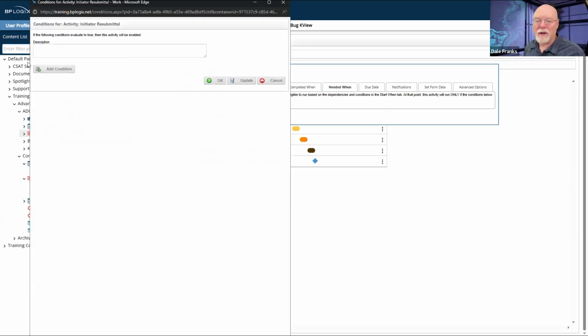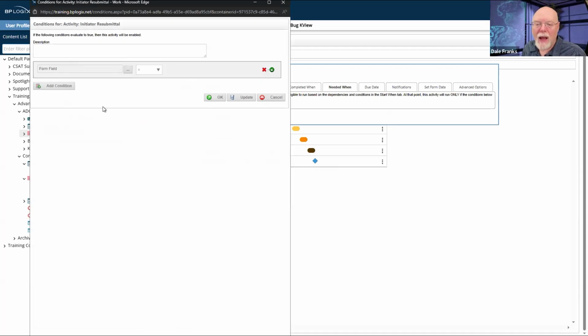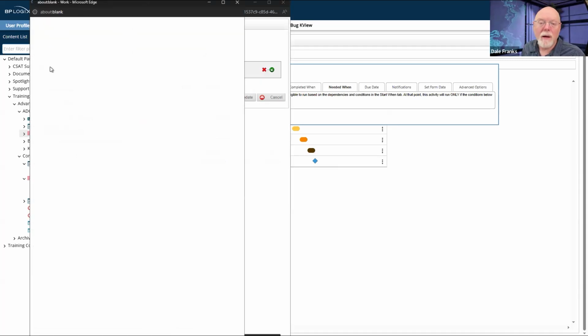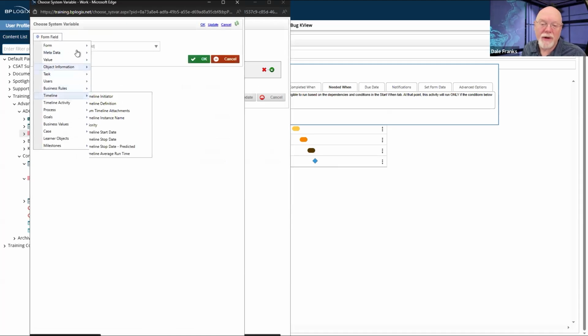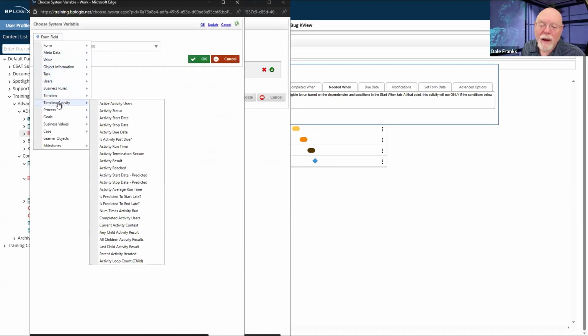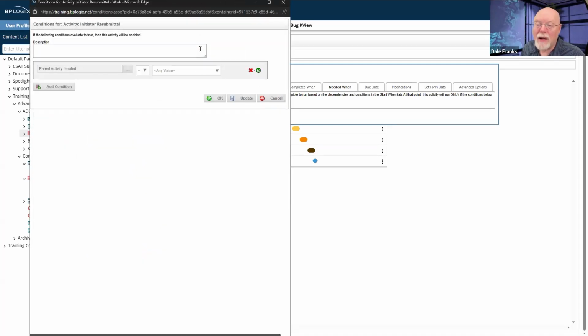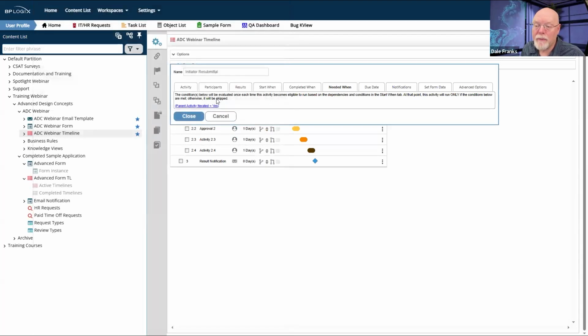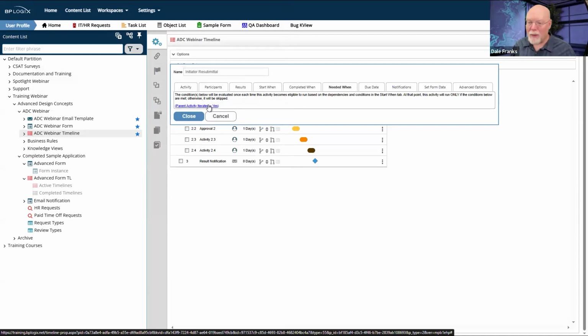Because I can click to create a condition, and probably all I really have to do is say parent activity iterated equals yes. With this needed when condition, now I would never do it just like this. Although in most cases, this is going to work fine and it's never going to cause you any problem.